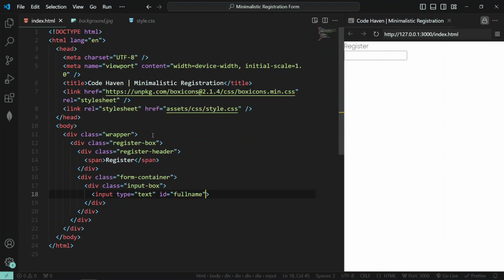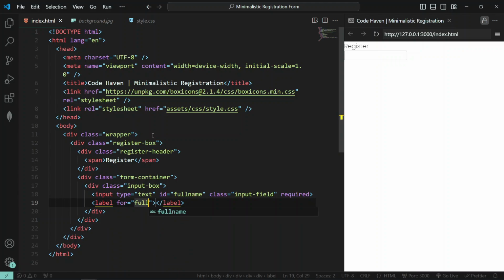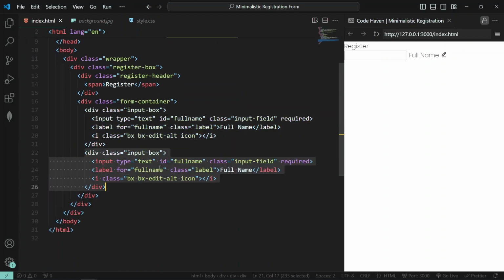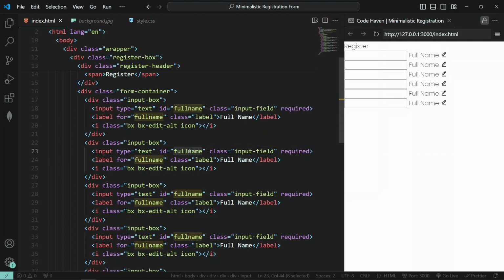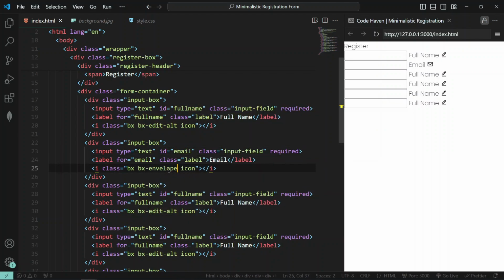This will be for full name. It will have a class of input field with the required validation, and then we'll have the label, which is for full name and full name here. It will also have a class called label, and this is the icon we'll be using. And then you just need to copy this 5 times. And then this field will be email. This will be for username,